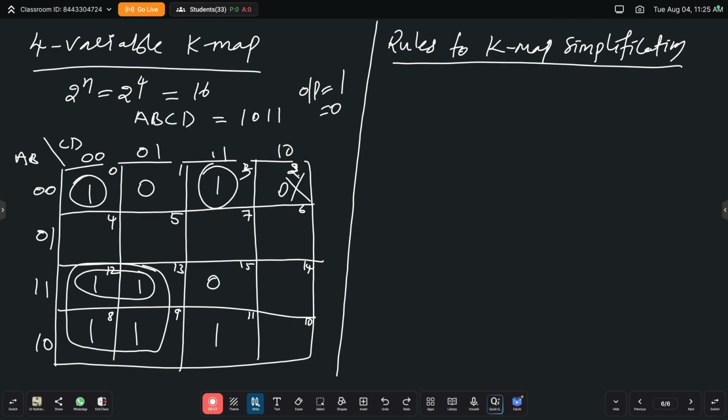Fifth: groups may overlap. Overlap means, for example, here 4 ones are there, here 1 is there. Are you following? For these 4 ones, what do we need to do? One quarter group is done. Then this one is there. Sir, instead of using a single group for this one, you check whether any overlap is possible, because if you take a